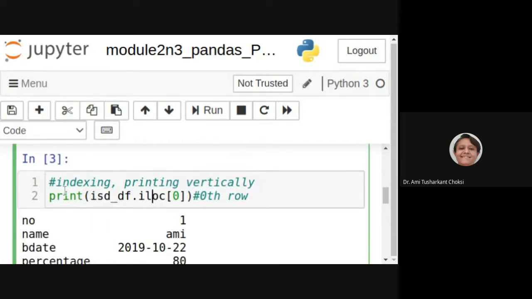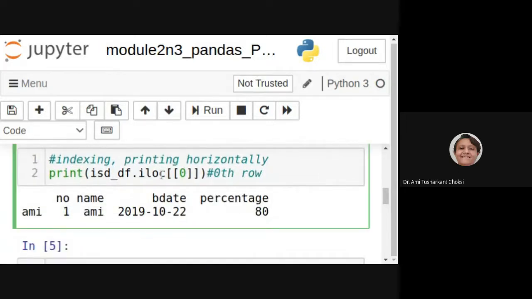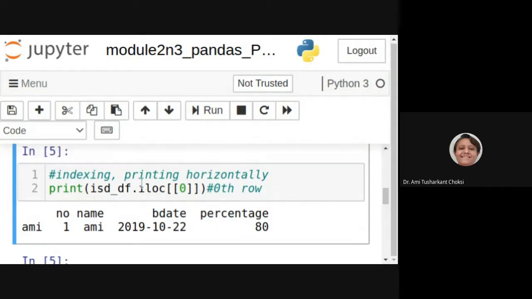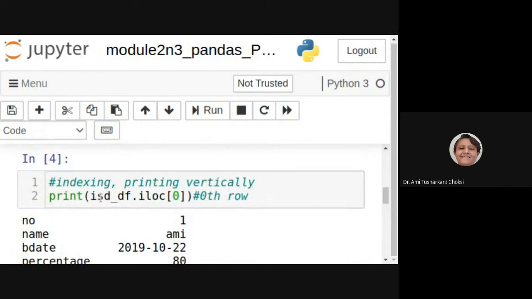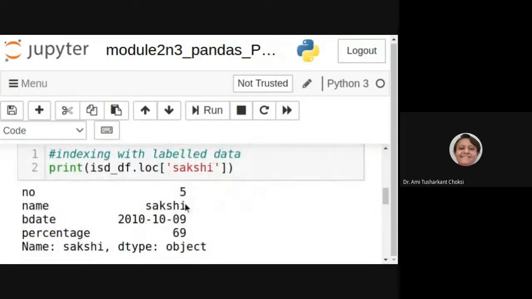After that, what we have seen was how to print vertically. For that, we have used the iloc. This is just a recall, right? This we have already seen. Then after, if we want to see horizontally, then we are using it this way. How we are using it? Here it was the data frame dot iloc 0, right? And here what we are doing is, it is the same iloc 0, but we are having two square brackets, right? So that way we are taking the horizontal row.